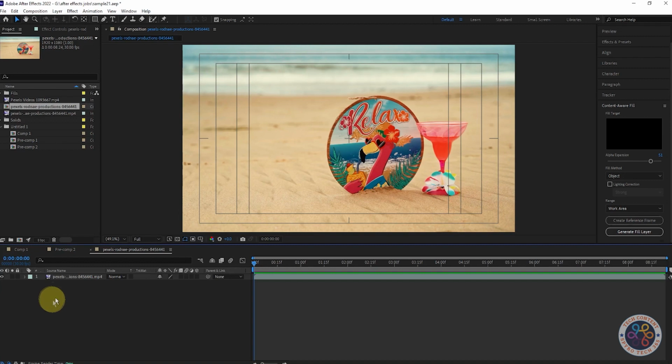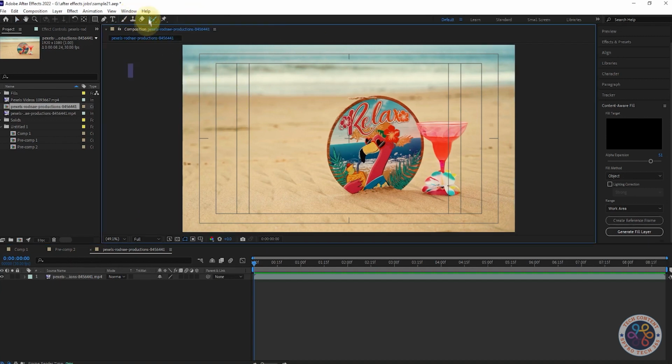So, what is the Roto Brush tool? Roto Brush tool is used basically to remove an object or to cut the object from the background or surface, and to refine edges. You can see if you click here, there is a Roto Brush tool and Refine Edge tool. So if I click the first one,